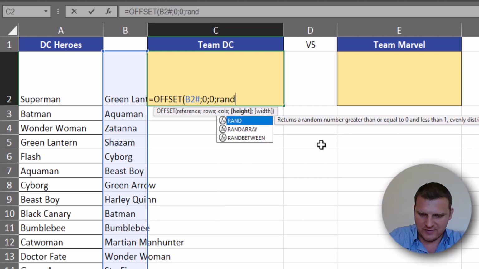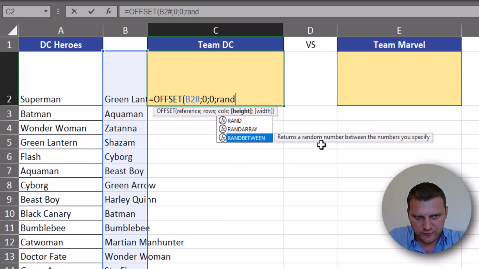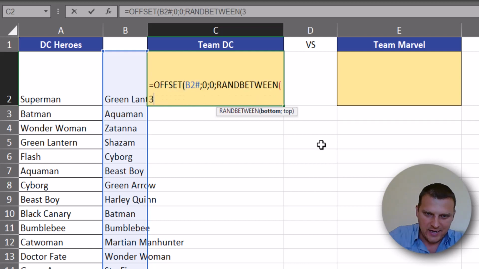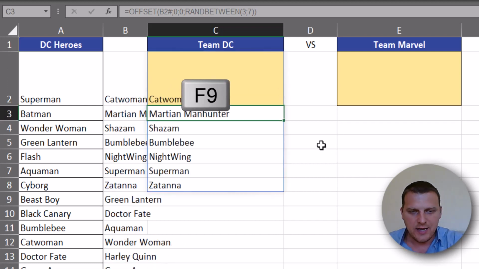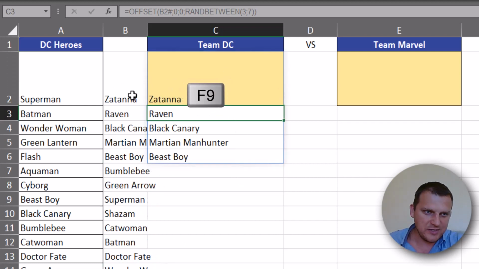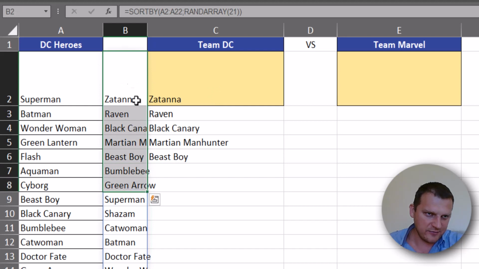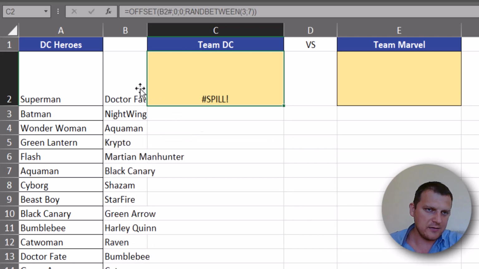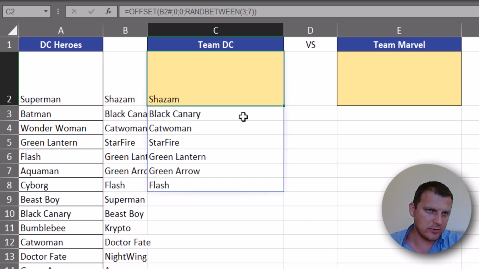time I won't use the RANDARRAY function. I will prefer the RANDBETWEEN function, because I just have to write here the bottom, the lowest number, and the highest number. So 3 to 7, and just like that we have our random list. It's just the first values from this list, and when I press F9, we can see our list, but sometimes